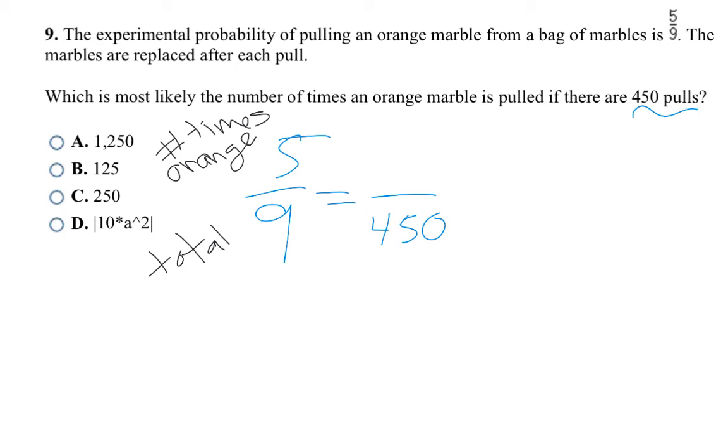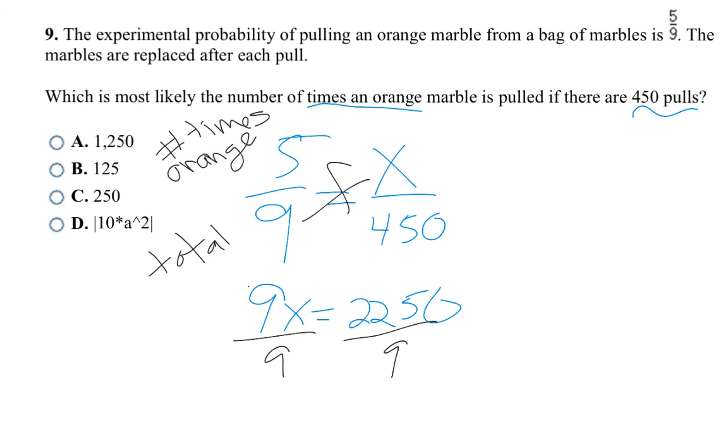And it wants to know how many times an orange marble was pulled. So I'm looking for the number of times orange was pulled, so that means my x is going to go in the numerator. Now that I have my proportion set up, I just need to cross multiply and divide. So 9 times x is 9x, and 5 times 450 is 2,250. Those equal each other, and then my last step is to divide both sides by 9. These 9's cancel, and I'm left with x equals 250. So that means when they conducted this experiment, orange was pulled 250 times out of 450 total times, which makes